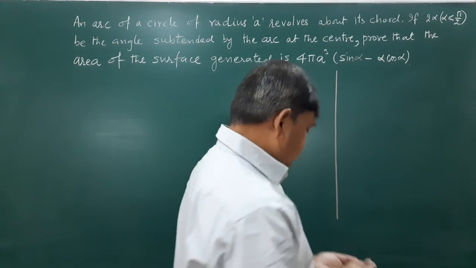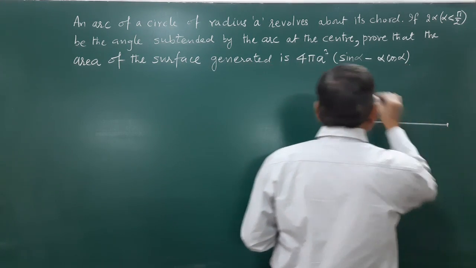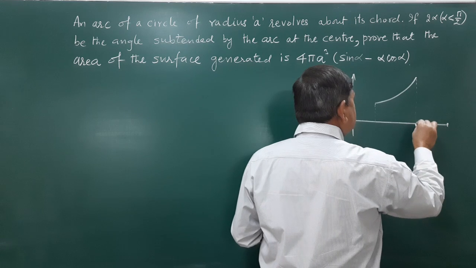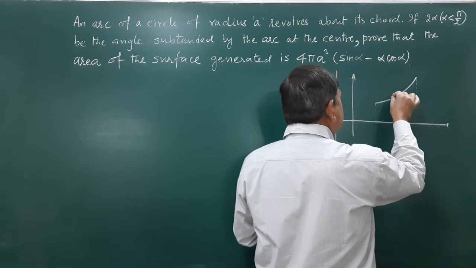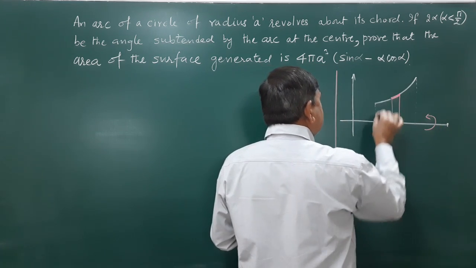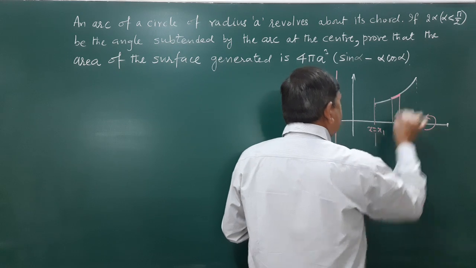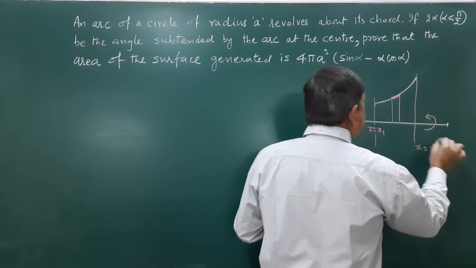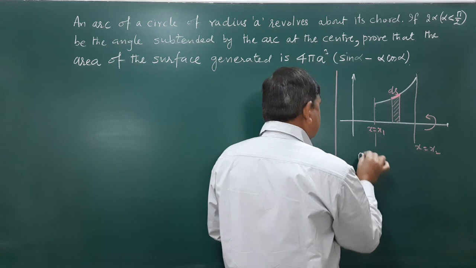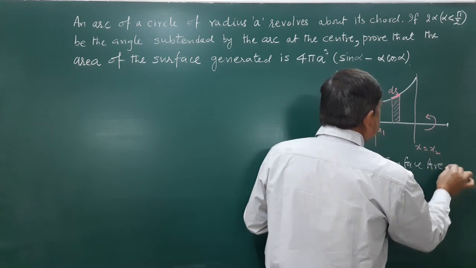As you know that if the arc of any curve is rotated about x-axis, suppose this is x equals x1, this is x equals x2, this length is ds, then required surface area, you know that,